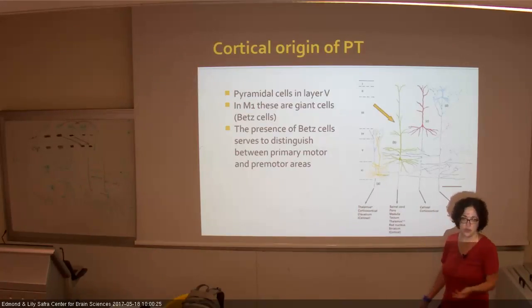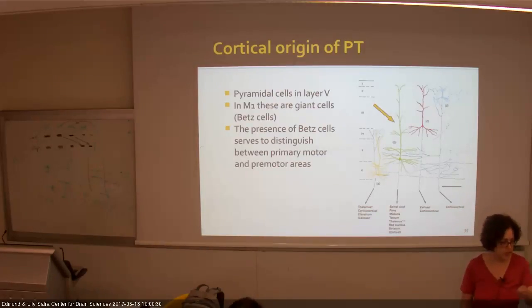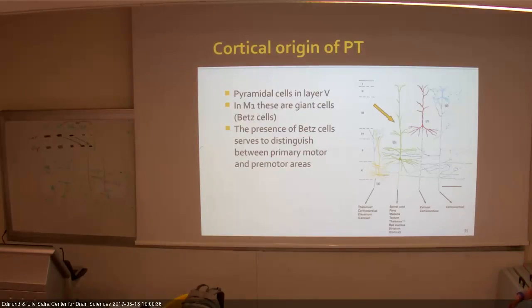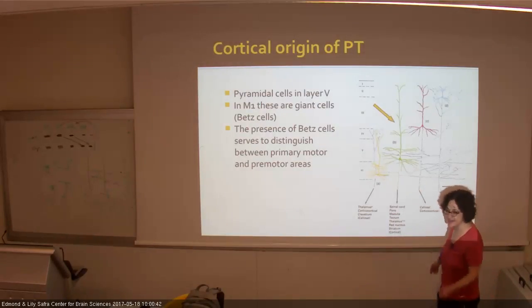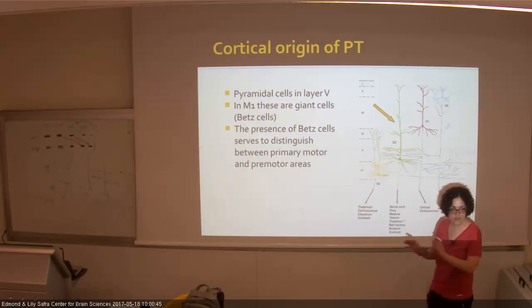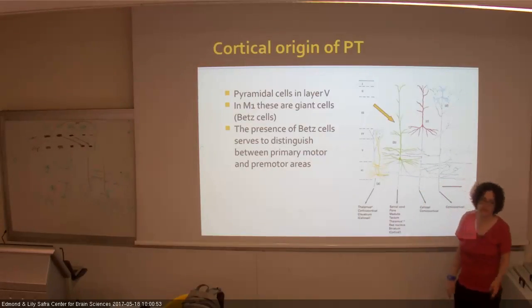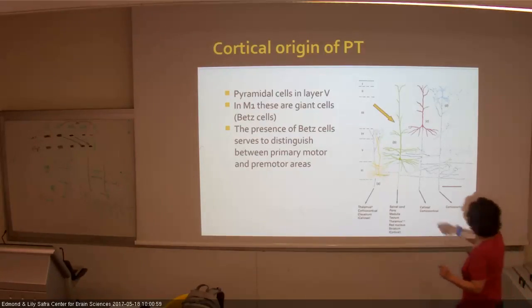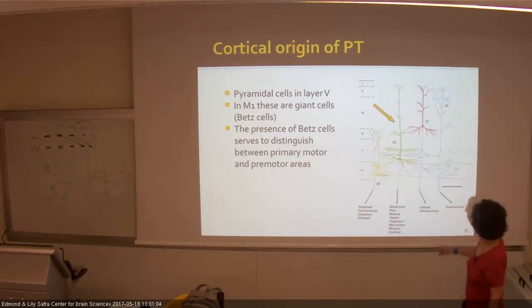Okay, so we understand the termination of pyramidal tract neurons, we know about the pathway, but what is the origin? The origin of the pyramidal tract are pyramidal cells. The pyramidal tract neurons are pyramidal cells, but the name is from different reasons, right? It's not because it's a pyramidal cell. The pyramidal cells that project to the pyramidal tract are located in which layer? Layer 5, right? So you know this. Layer 5 is where the